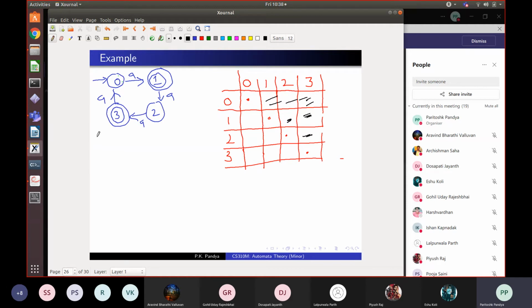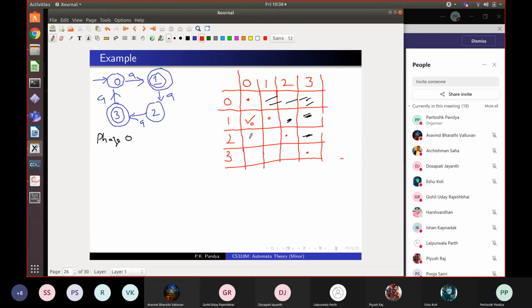Now, what is the phase 0? So can you tell me phase 0? Phase 0 is what? You separate every non-final state from final state, right? So you go over every square, which denotes a pair of states. This square 0, 1, so column 0, row 1, denotes the pair 0, 1. Can it be separated? Yes, sir. So I will tick here and I will mark a 0 there because it can be separated by the initialization phase. What about 0, 2?